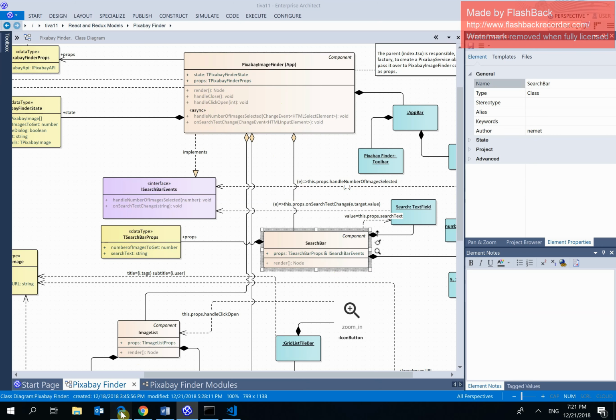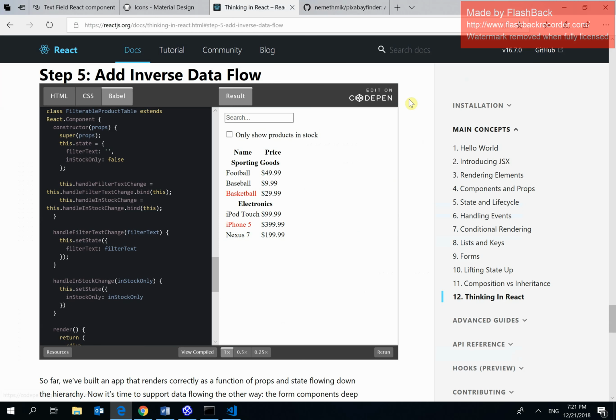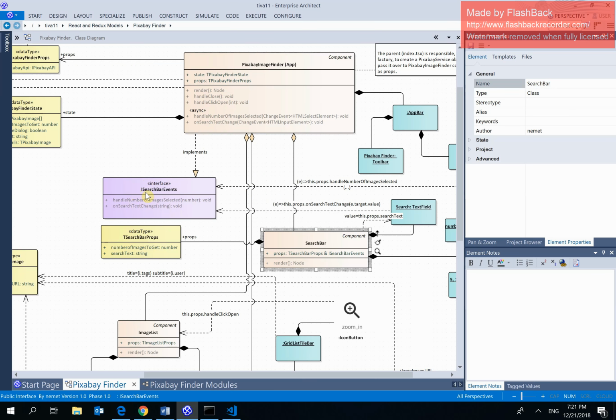This is exactly in sync with the Thinking in React specification or the documentation. This is the official way the designers of React wanted us, the developers, to implement applications with the React concepts of props and state. So when we have the search bar events interface with the onSearchTextChange function definition,